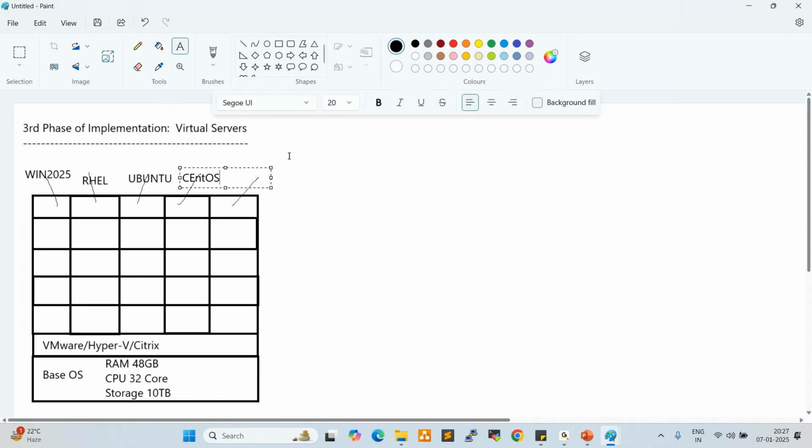So again here I can deploy a Windows 2022 like this. So these are all 25, 5 into 5, 25 servers. As per the base server capacity, we can create the virtual servers. These virtual servers utilize the resources from the base server, the physical server. Okay. Yeah, fine. So currently also we are using virtual servers, but here we have some drawbacks.